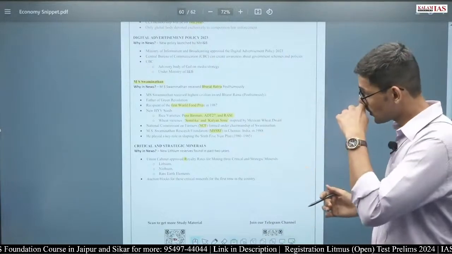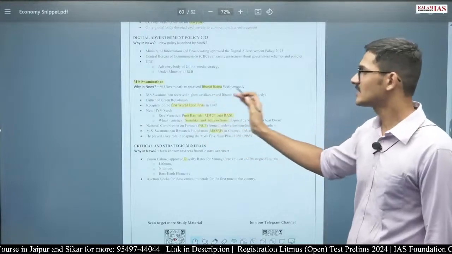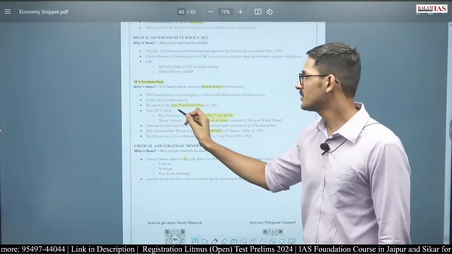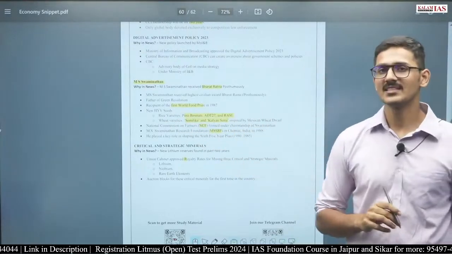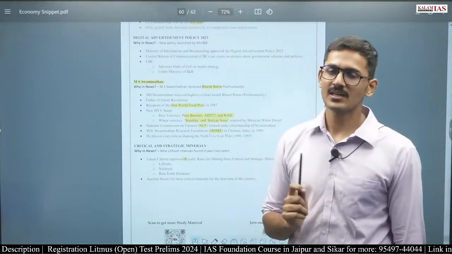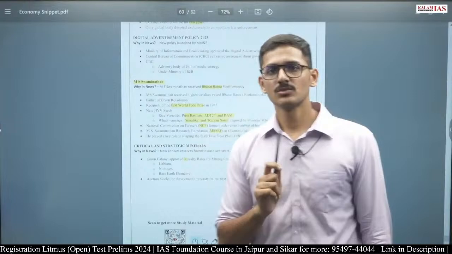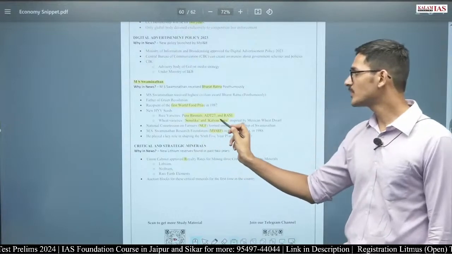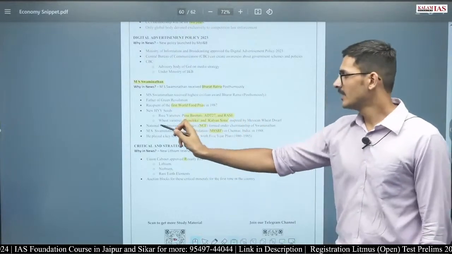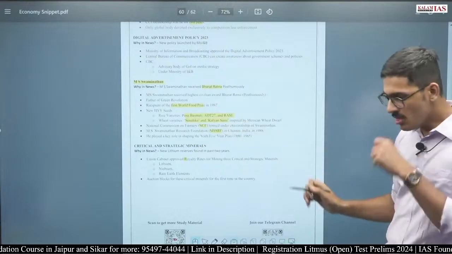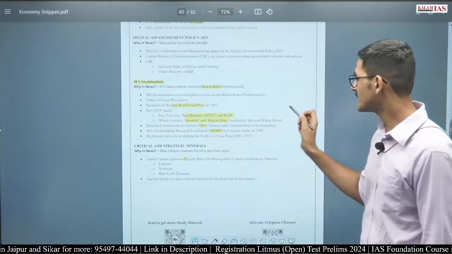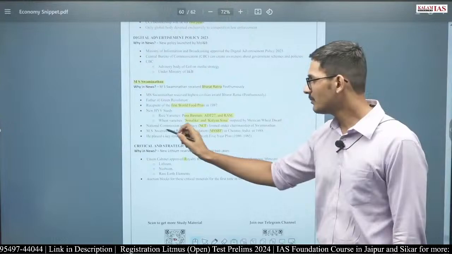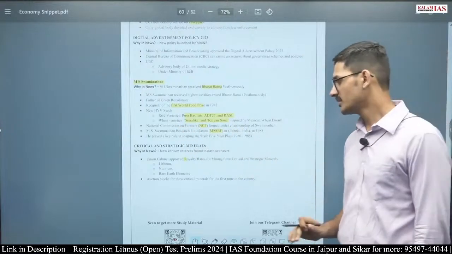So there are certain facts that you should know about MS Swaminathan. He received the highest civilian award, Bharat Ratna, of course, and he was the father of Green Revolution that we all know. But he was also the recipient of the first World Food Prize in 1987. The World Food Prize was started in 1987, and MS Swaminathan was the first person to receive that award. The new HYV seeds, rice varieties, for example, Pusa Basmati, ADT 27, Rasi, these are all rice varieties. Then wheat varieties, Sonalika, Kalyan Sona, basically inspired by the Mexican wheat dwarf. National Commission on Farmers was formed under the chairmanship of Swaminathan, and MS Swaminathan Research Foundation was also formed in Chennai.